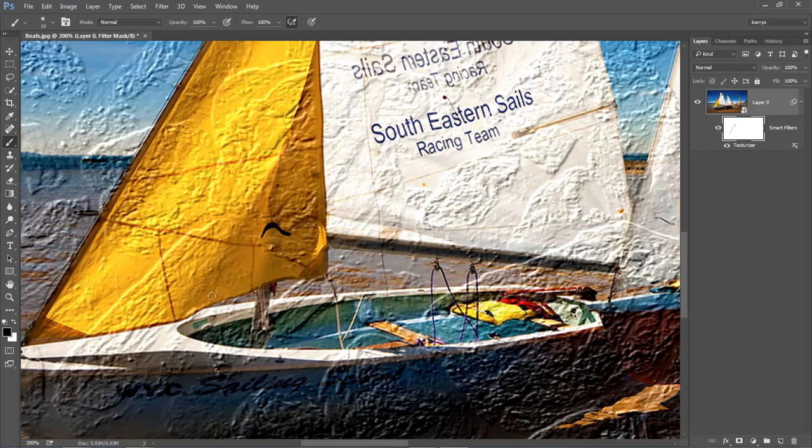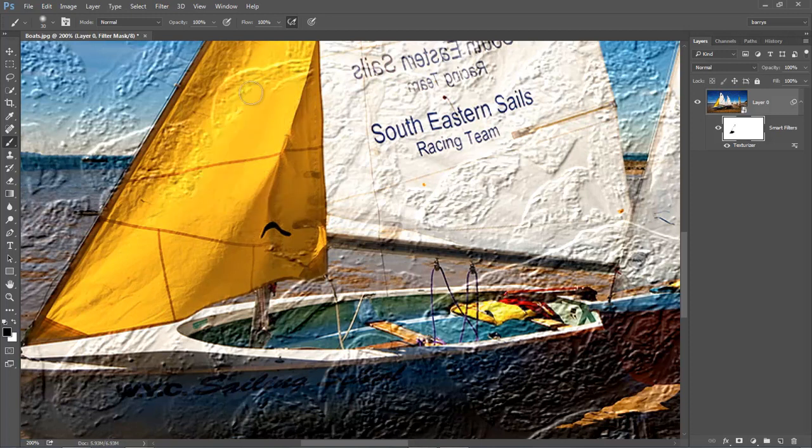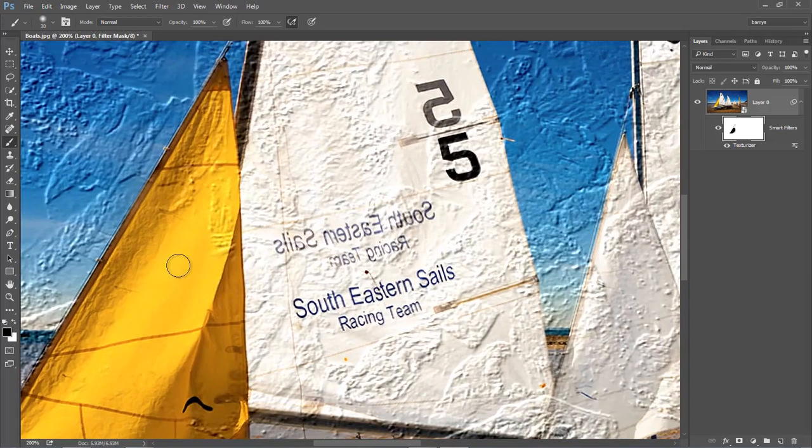I'll go over this bit here freehand. I'm working quick and dirty here because I don't want to take up too much time, and then once I get the edge done, of course I can move inside and mask a bit more freely. But the upshot is within just a minute or so, probably less than that, we've got the texture removed from